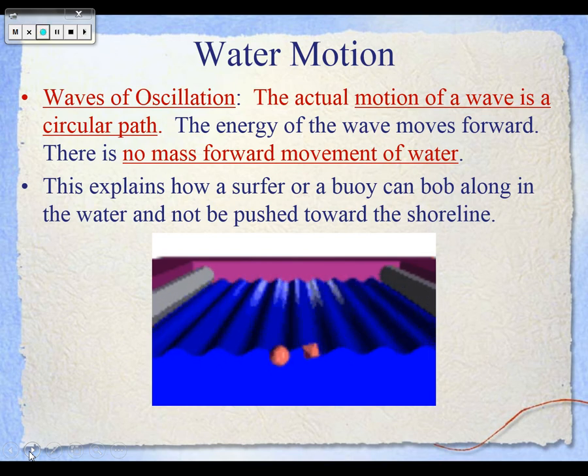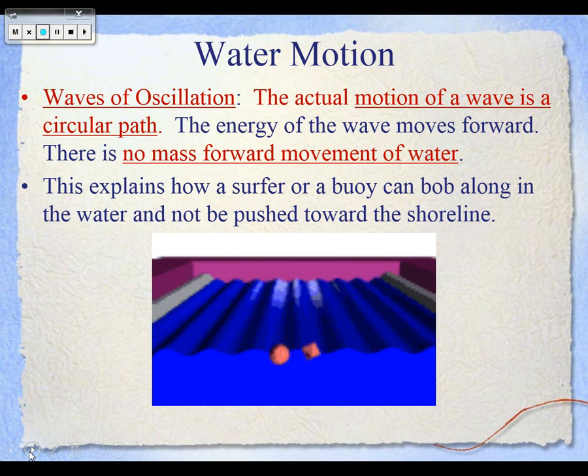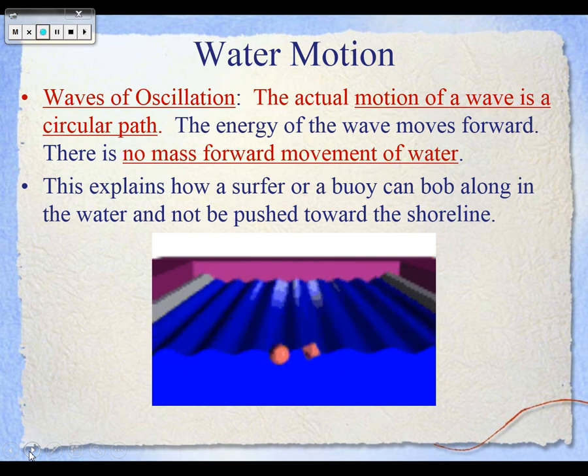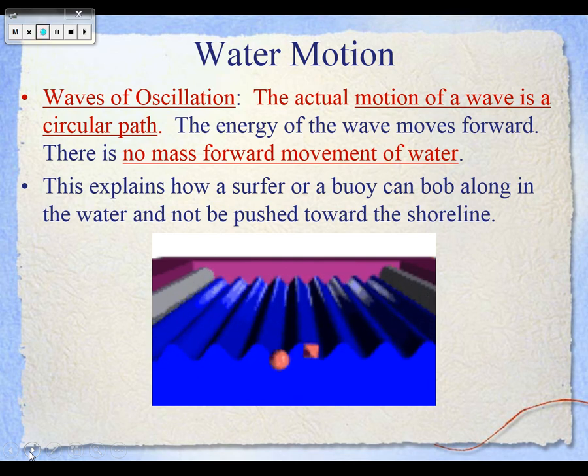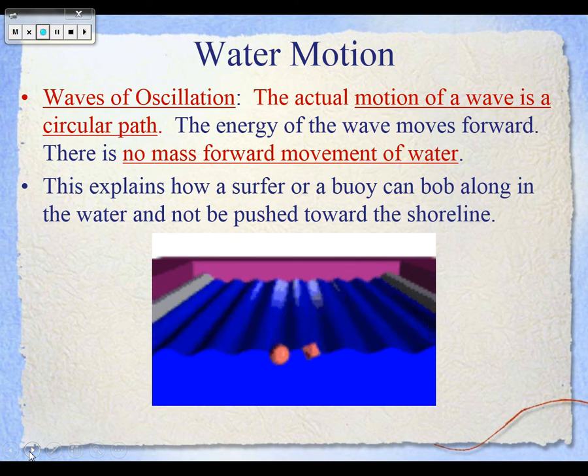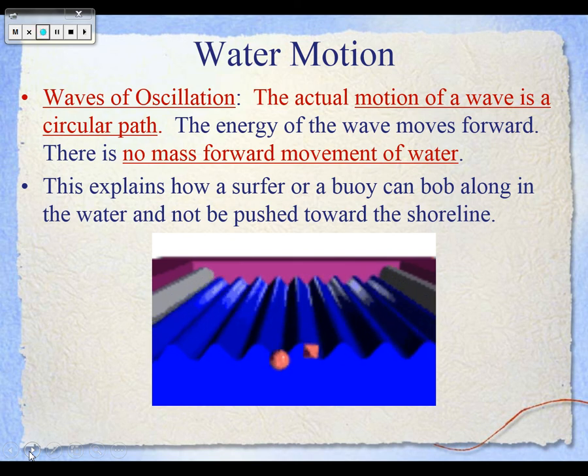Okay, waves of oscillation. The actual motion of a wave is in a circular path. There isn't really a mass forward movement of water. The energy is moving forward, but the water itself is kind of going up and down. And if you've ever seen a surfer sitting there just kind of bobbing up and down as swells go underneath him or her, or a buoy